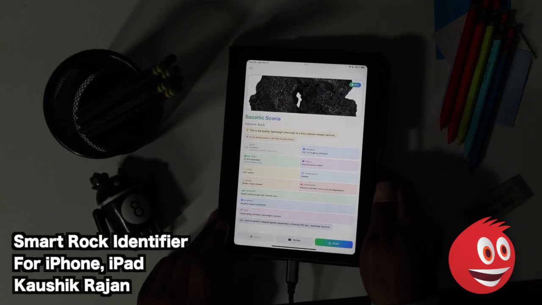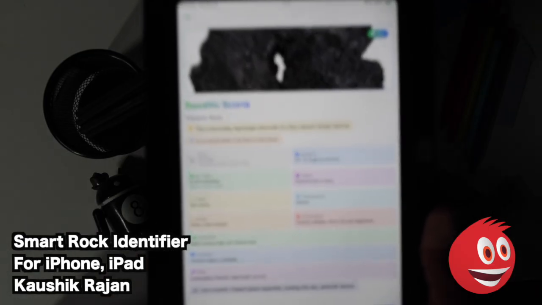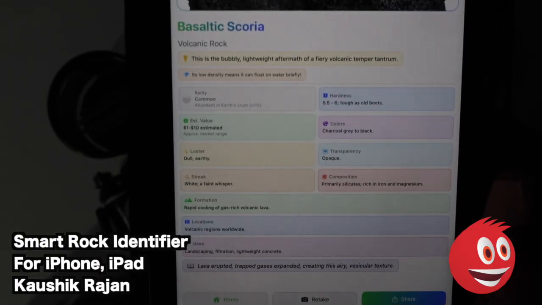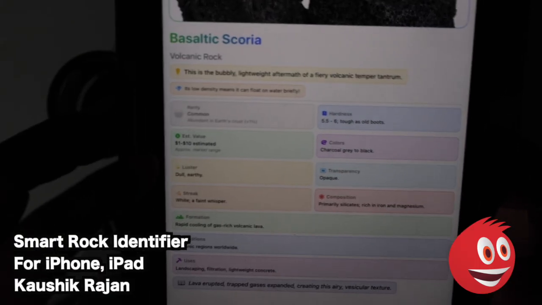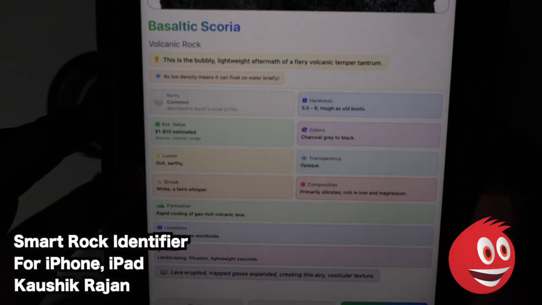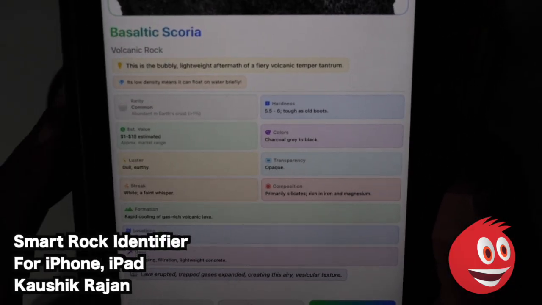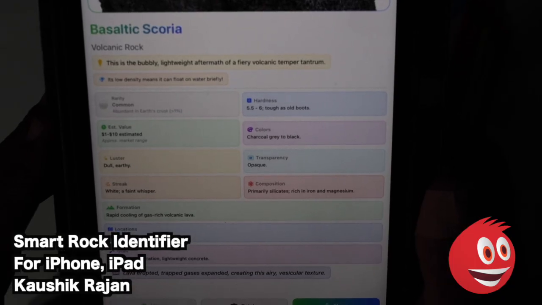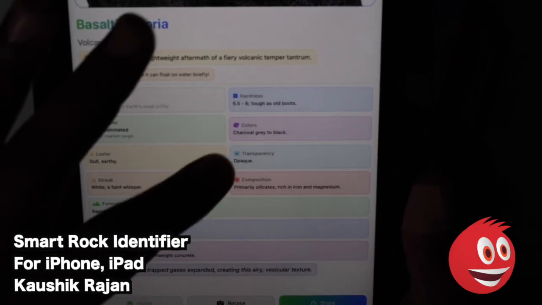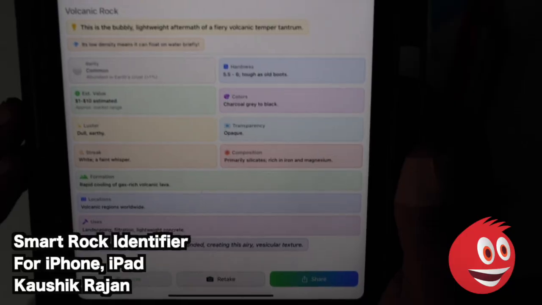So we have the rarity here. You can see, I'm going to bring this close up. You get quite a bit of information here. We have the estimated value, $1 to $10, luster, dull and earthy, streak, white, a faint whisper, hardness, that's 5.5 to 6, tough as old boots, colors, charcoal gray to black, the transparency, you get that information right